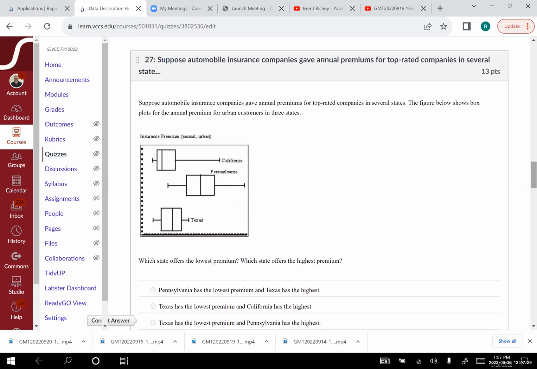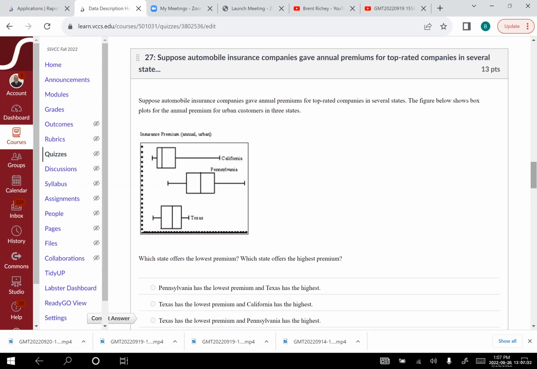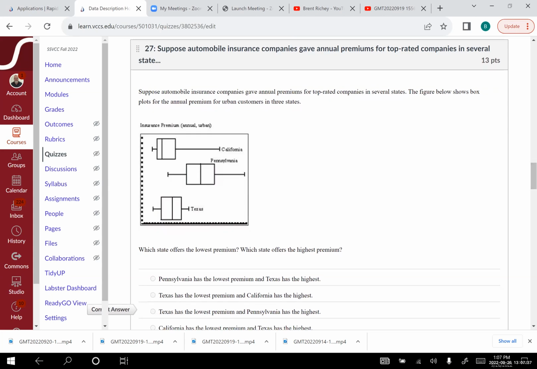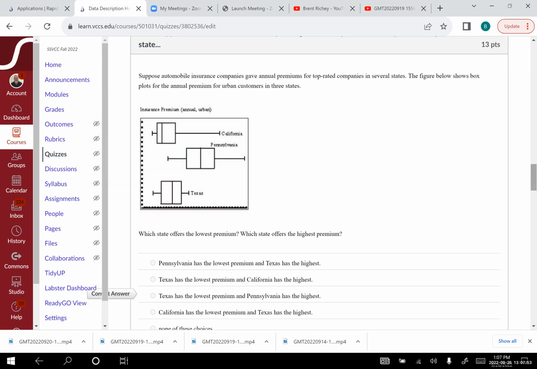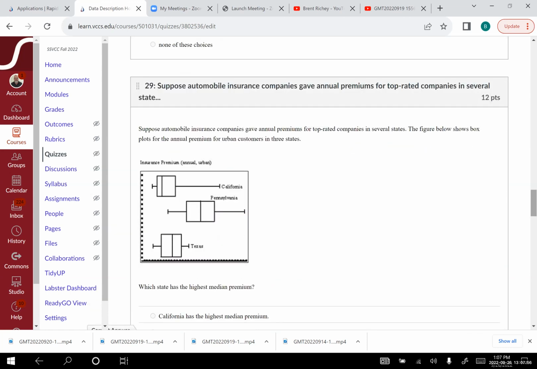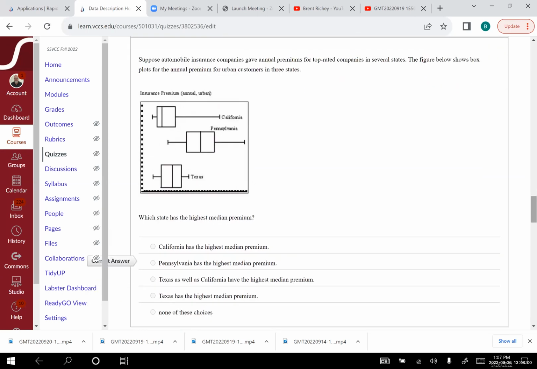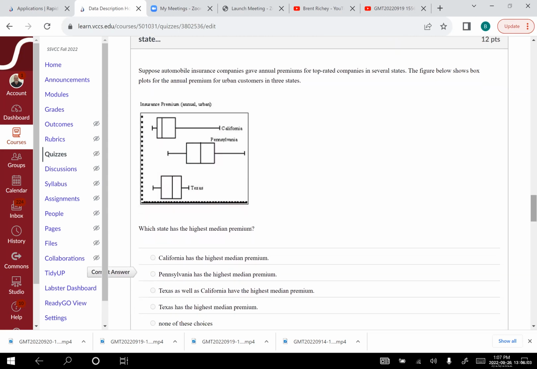This one, Texas has the lowest. Pennsylvania has the highest. I think that one you can kind of tell, but it's still really close. So be careful. Texas has the lowest. Pennsylvania has the highest. I can see this one a little better. It was really just that one that was terrible. They shouldn't make them this close. All right, then the next question, who had the highest median? You knew that one, Pennsylvania. There you go, snap a picture if you will.